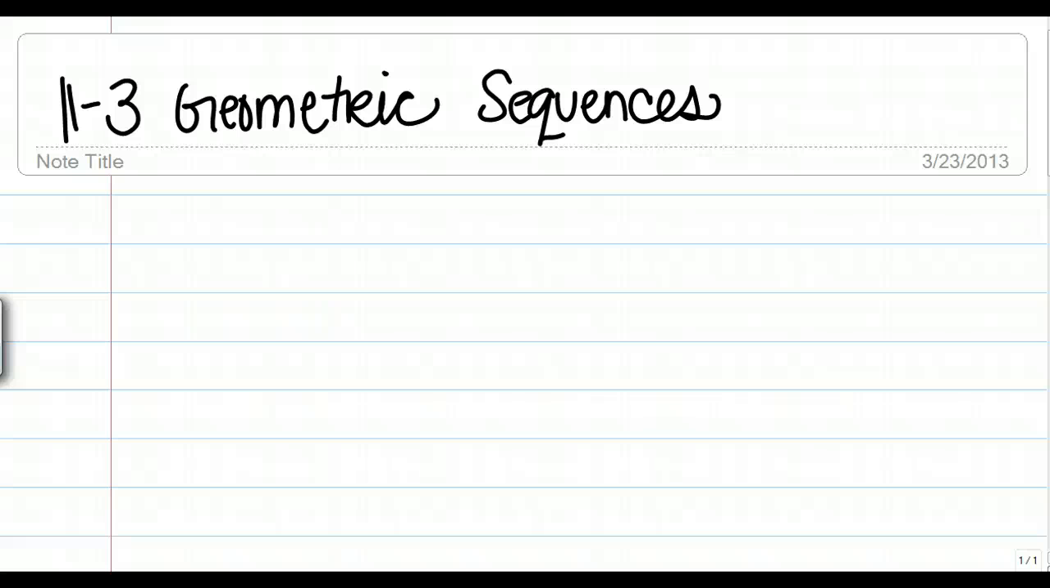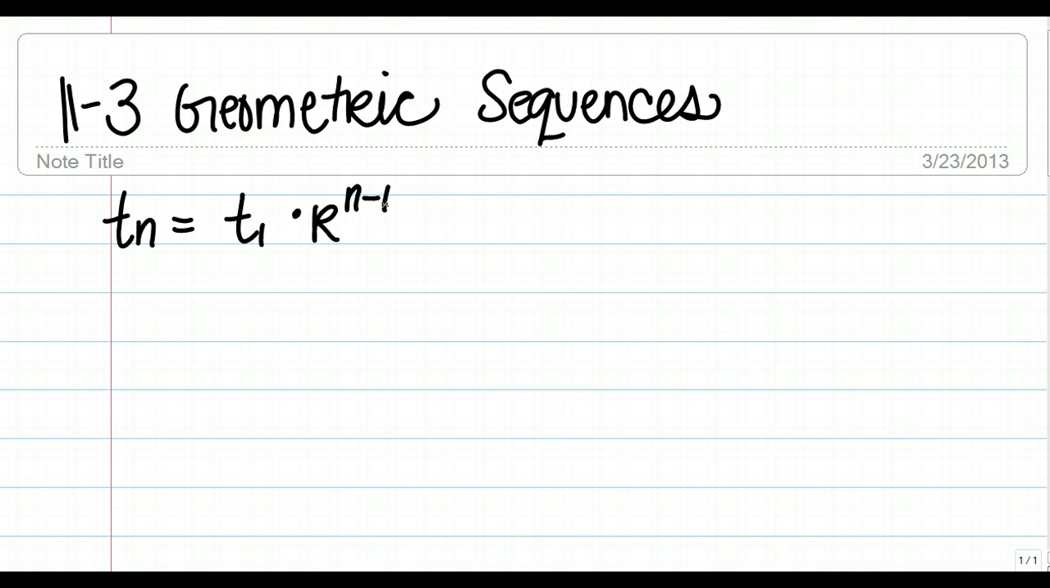We are going to do 11-3, geometric sequences. You will have a formula just like yesterday when we were talking about arithmetic sequences. In arithmetic, if you remember, you were adding by a certain amount every time to get the sequence. Geometric, you are multiplying by something every time. So you will have to memorize this formula,